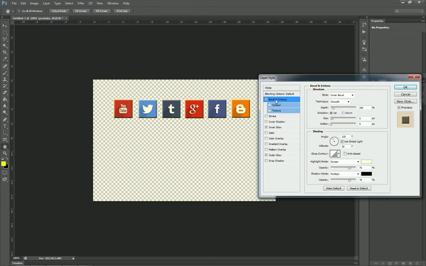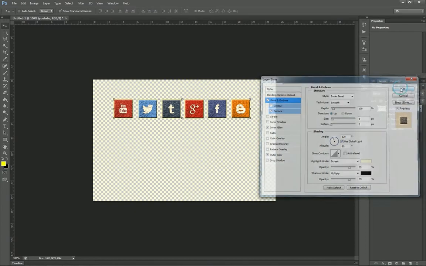I could do the bevel and emboss effect, so you can give it a 3-dimensional aspect, and I can do some contour. You can give it some texture too. I will leave it this way for now, and you can tweak it, see what kind of effects you want to do only for the buttons. So in this case I will click OK,